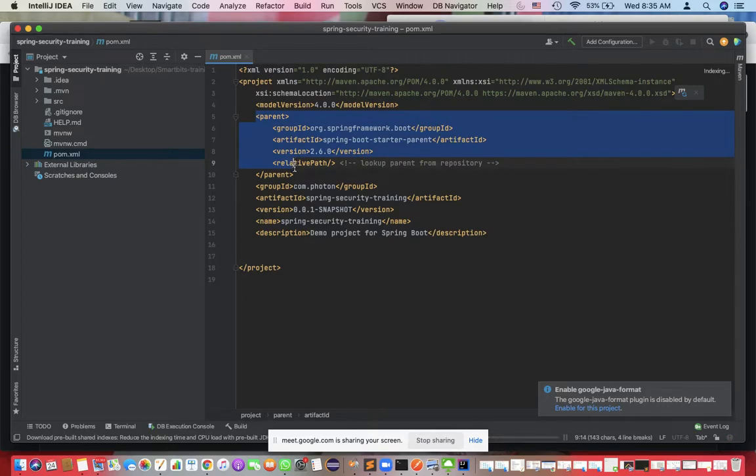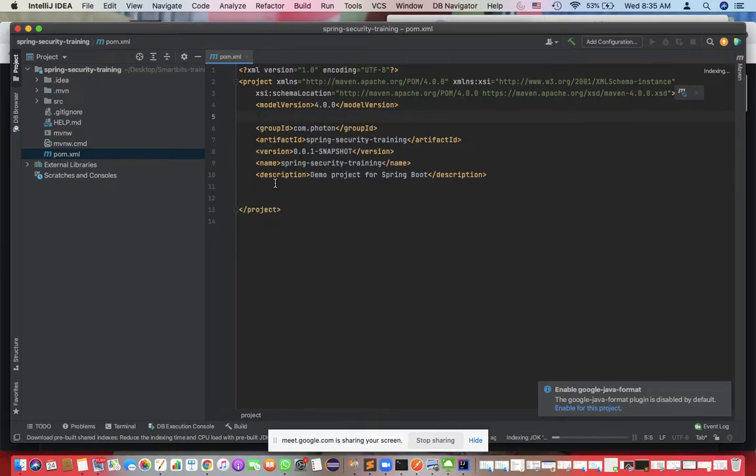No parent is required. Instead of jar packaging, I need to give pom.